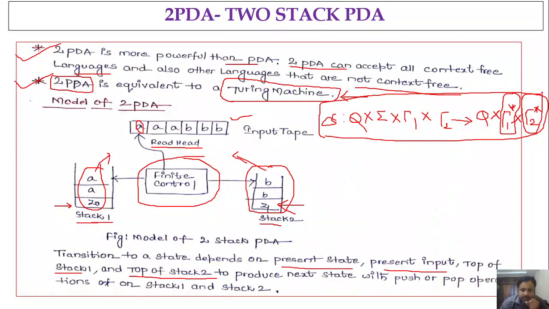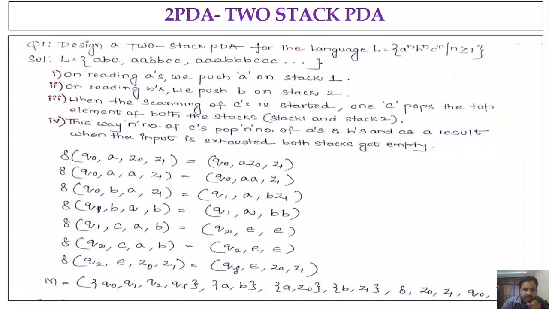So if it is a push operation, we specify the symbols that are pushed onto the stack. If it is a pop operation, we simply represent it by epsilon. That is the normal operation which we already performed in the pushdown automata, right? Additionally, along with this Q cross tau star, we are getting tau 2 star also, because we have added one more stack here.